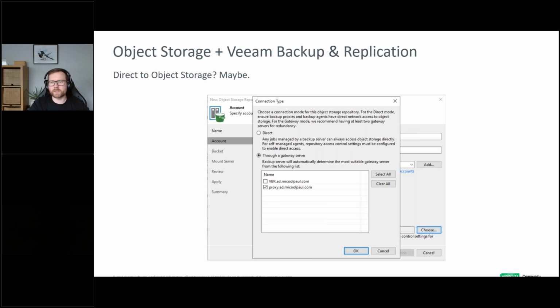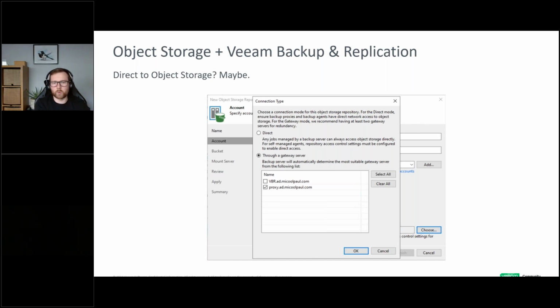If I've got agents on endpoint devices distributed across the country or even further afield, you likely won't want to pull that data into your data center first via the gateways, unless your object storage is located on premises. At that point, your traffic's likely traversing a VPN anyway, and it's not necessarily going to need bandwidth shaping at a gateway level regardless.